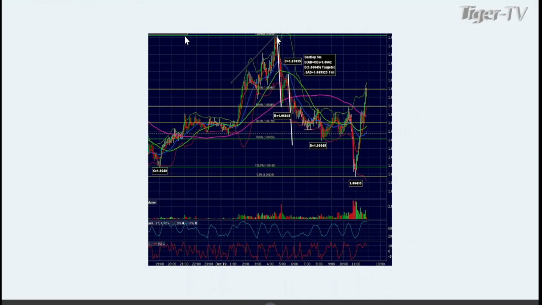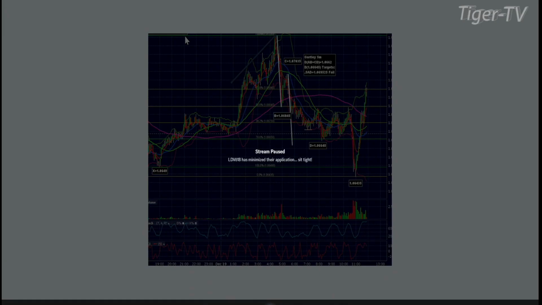The 2 patterns that are really good here, you can see the ABCD in white, and you can also see the 3 drive to a top pattern. And there's another small ABCD before the big breakdown. But that's all I see on the chart. And there's nothing wrong with that because there's patterns all over this place on all these charts, and you have to pick out the one that you want to pick out.